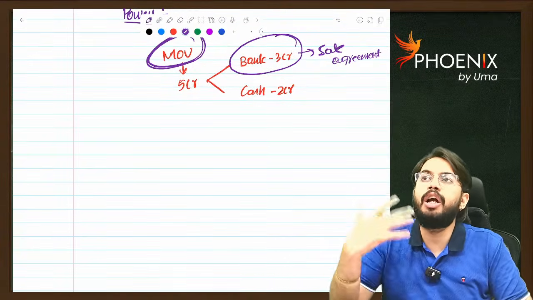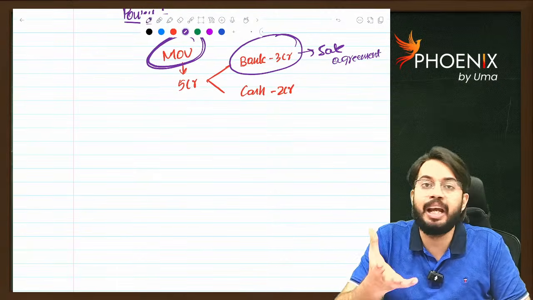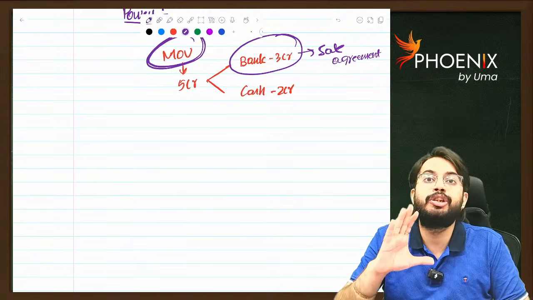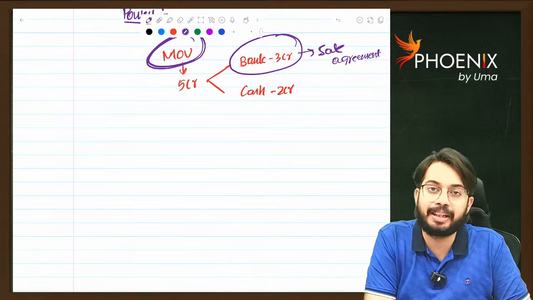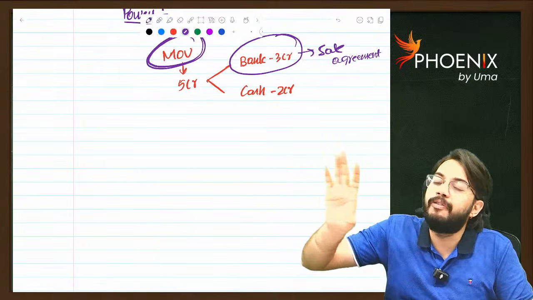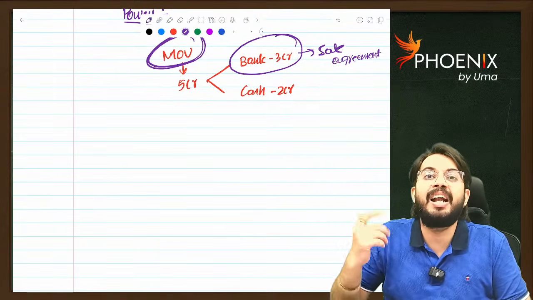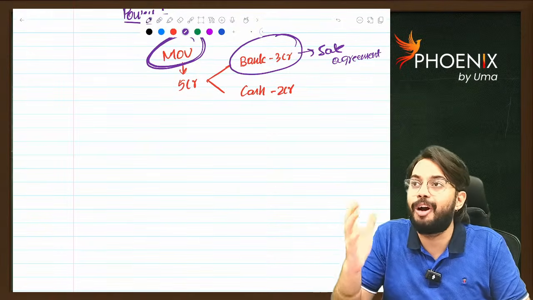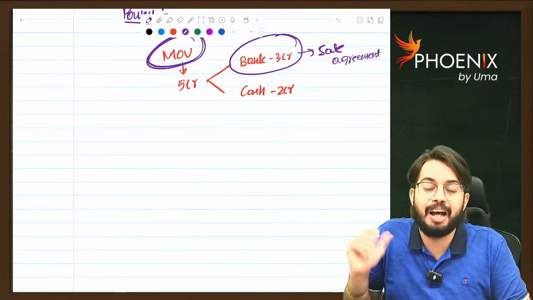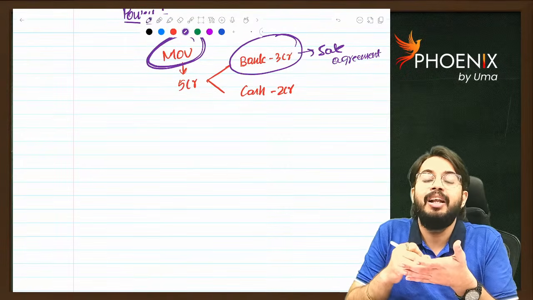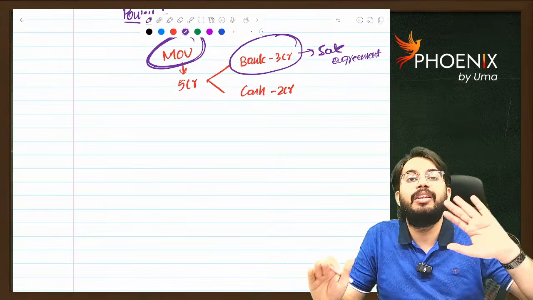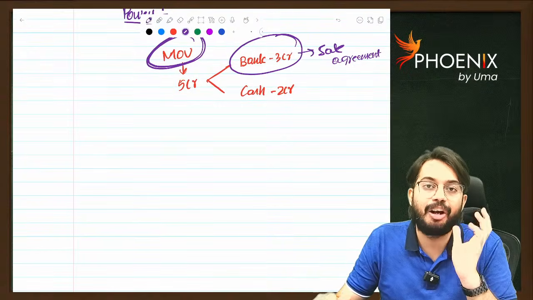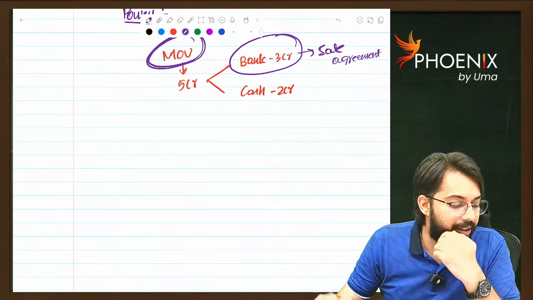Second thing, if they could not seize any asset because of any hardship, for whatever assets they could not impound, they will give the order that those assets should not be moved without approval of the income tax department. Let's say there is one room, one floor. Outside that floor, there is an RDX bomb. Now I am the income tax officer who is doing the raid. How can I go into the room crossing that RDX bomb? It is a life threat to me. So what I will do, I will give the order that the room should not be opened without approval of the income tax officer. That we call deemed seizure or constructive seizure. Are you able to understand?